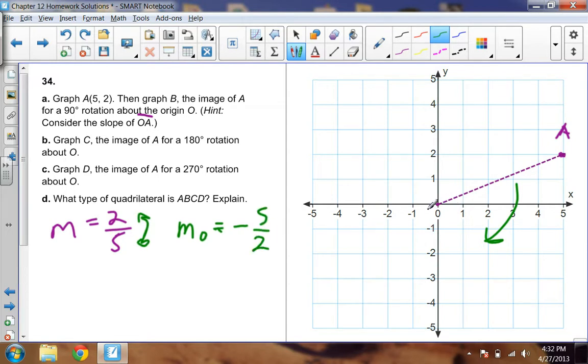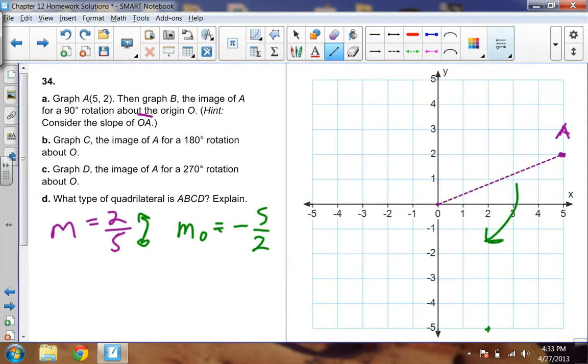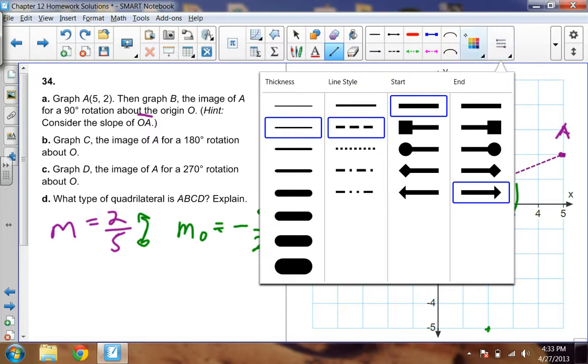And how do you draw that slope? Well, from this point, let's go down 5. 1, 2, 3, 4, 5, and let's go over 2, like so. I'll go ahead and keep it purple so I have a good-looking angle there, which should be 90 degrees. Oh, right, I have to do a line here. So let's